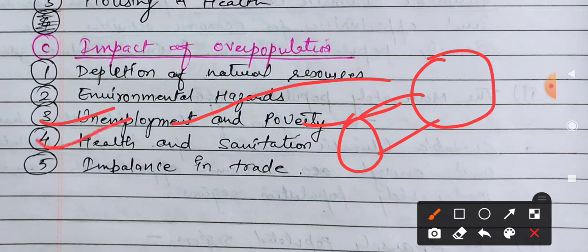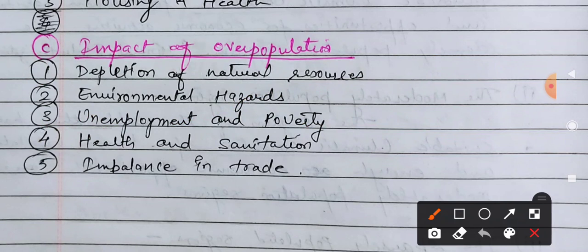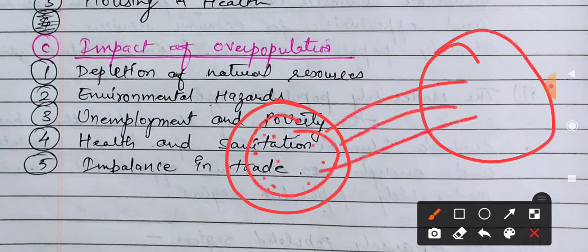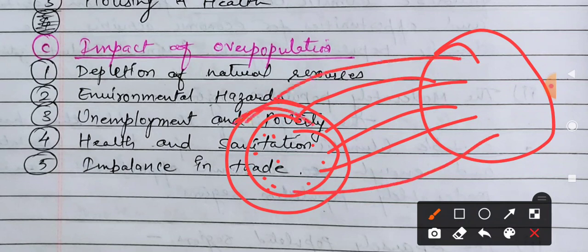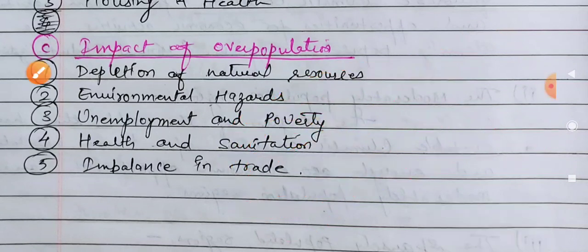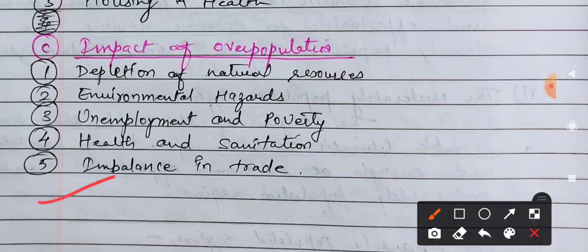Yes, obviously, just like nowadays you can see in the news, the hospitals are limited, but the people are not aware of COVID-19. So the hospitals are limited, so the beds are limited. Obviously they are not getting the proper facilities. Why? Because of the larger population. The hospitals cannot sustain that many people, because the doctors, the nurses are limited, the beds are limited, so it also impacts on it. Next one is the imbalance in trade.